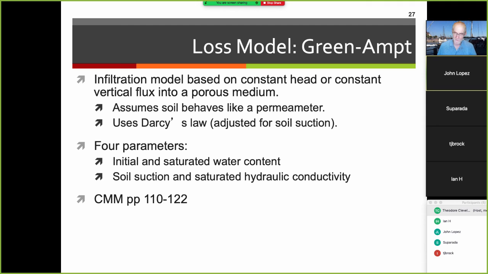Second loss model is Green-Ampt, and I'm going to have to go through this fast, which is unfortunate because this is a loss model that explicitly considers soil properties. It's based on constant head or constant flux into a porous medium. It assumes the soil is acting like a permeameter. It uses Darcy's law, adjusted for soil suction, has 4 parameters: initial and saturated water content, soil suction, and saturated